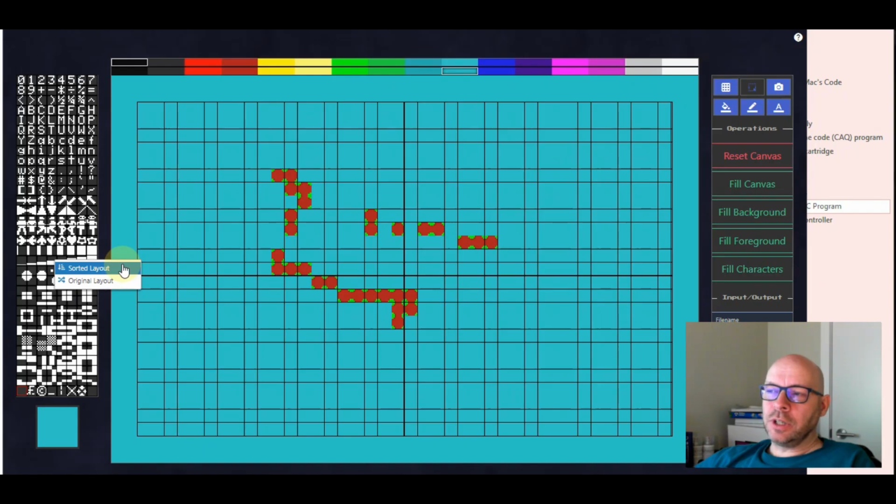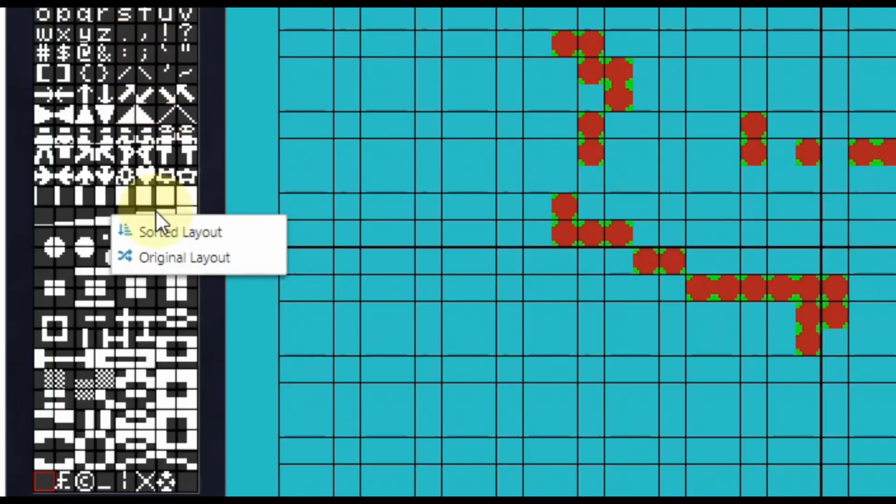The sorted layout is the one that we're seeing now, which groups the different symbols in a logical sequence, so that it groups similar characters together and it's very easy to figure out which character you want to use just by the way that they look in relation to other characters. But what I need to do now is select this original layout by clicking on it here,